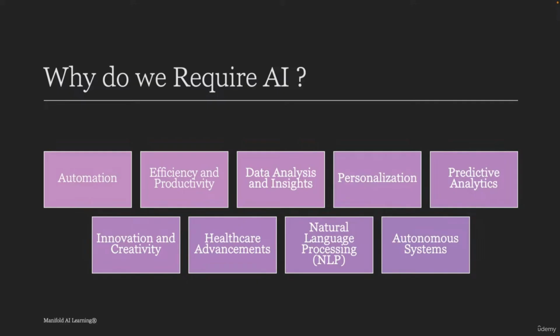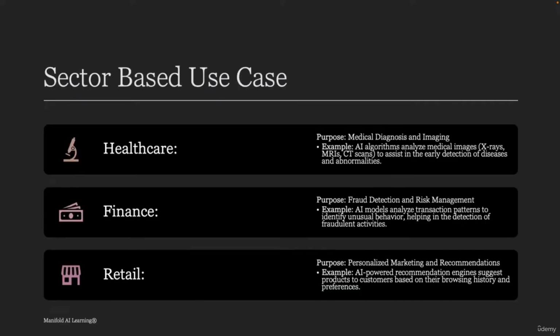Now, these are some examples at a very high level. If I want to give you some more sector-based use cases to provide some more idea about why this is important, in the healthcare sector, AI plays a crucial role when it comes to medical diagnosis and imaging. So AI algorithms analyze medical images like x-rays, MRI, and CT scans to assist in the early detection of diseases and abnormalities. And it is used in finance for fraud detection and risk management, and in retail for personalized marketing and recommendation,